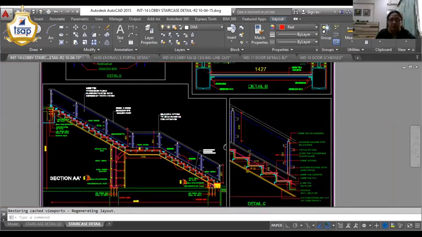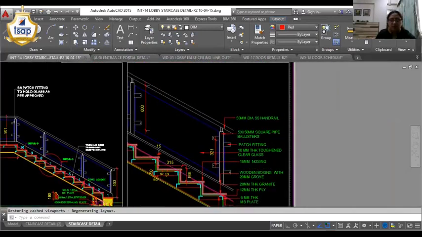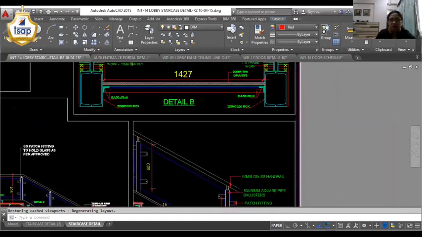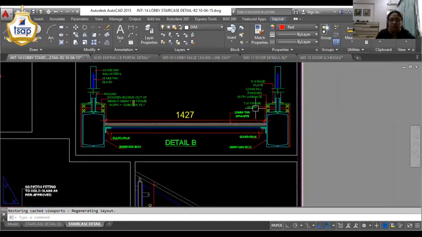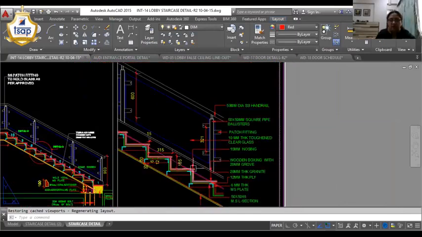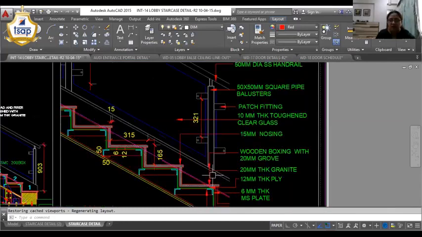Now the particular glass was fixed with SS patch fitting to the vertical baluster. As you have seen in the above detail, the wooden framework which is finished with laminate is shown here. This is a wooden framework at skirting level which is finished with laminate, and the treads and risers were finished with granite. So we are showing the granite with the base ply of 12 mm thickness ply, which